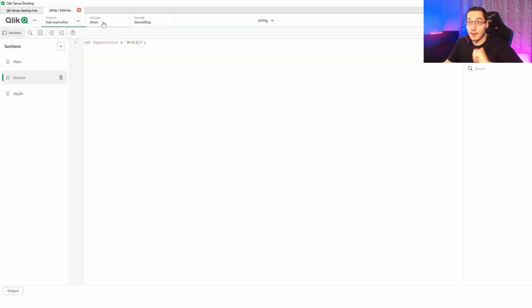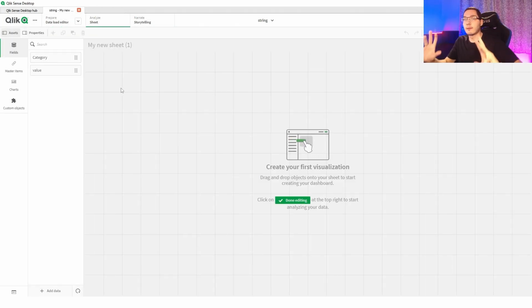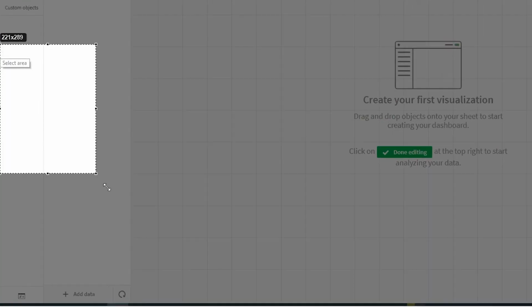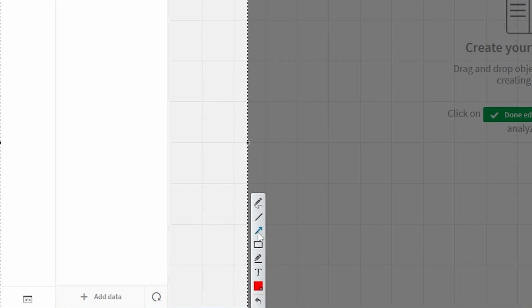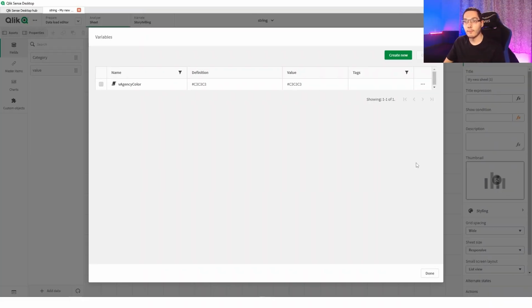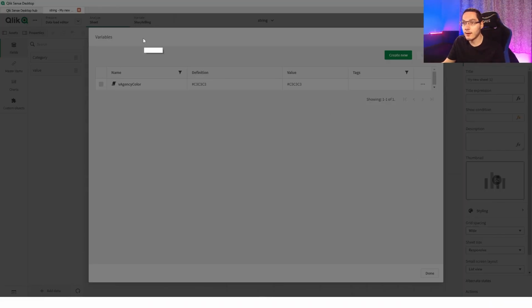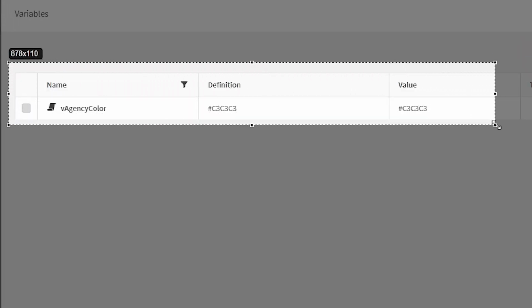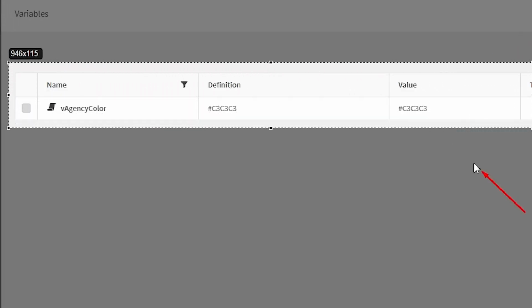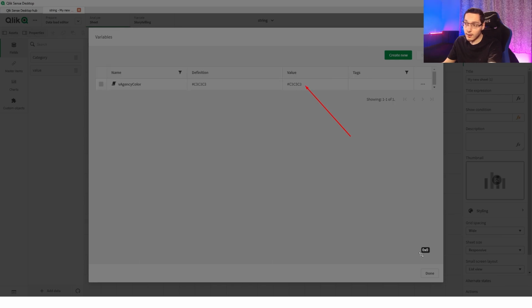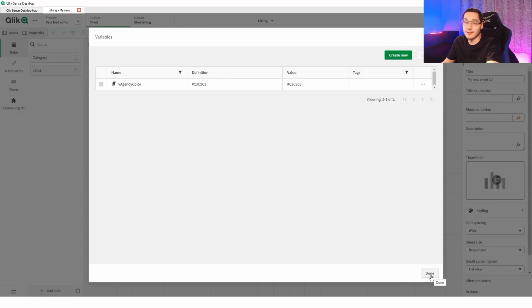All right. And now there are two ways that we can see the variable's value. So the first one is right down here. In this button right here, we can see the value of the variables. So here we have the variable values right here. So we can simply access this and see the value he wants. Or maybe he doesn't have access to this either.